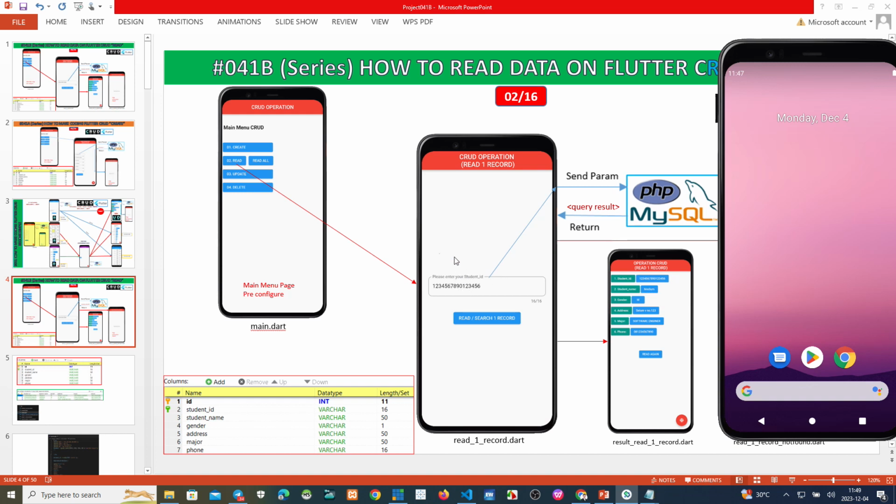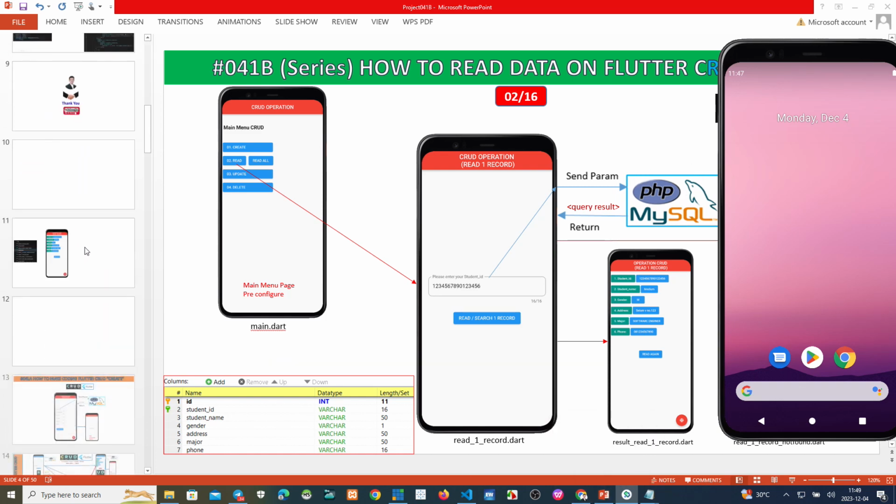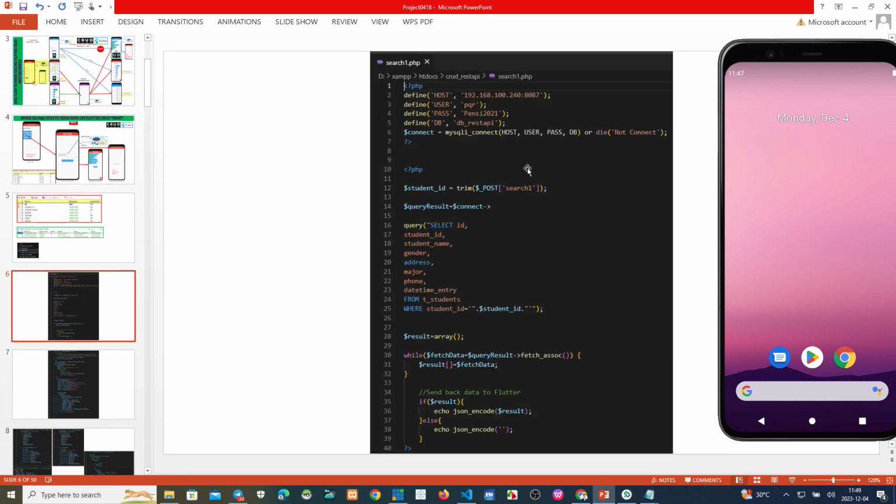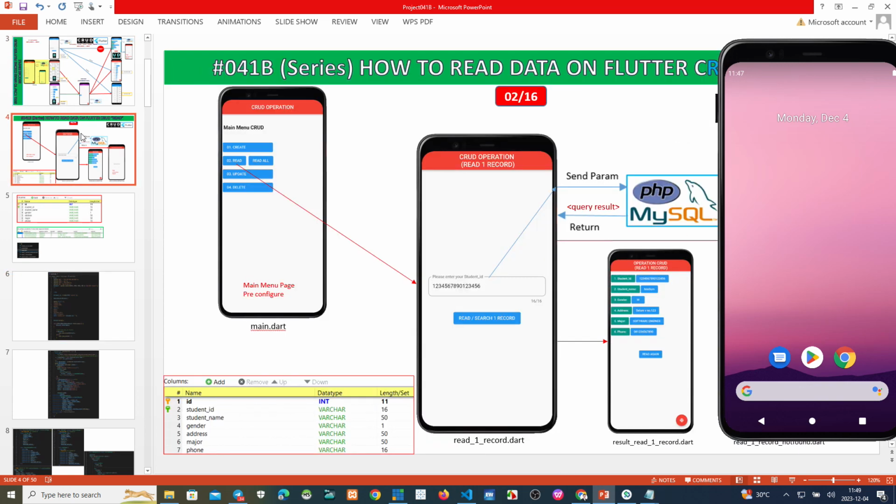Click here. This parameter, student ID, will be sent to the backend. On the backend, where is it? Okay, this one. On the backend, select all parameters from student where student ID like the parameter that we put here.